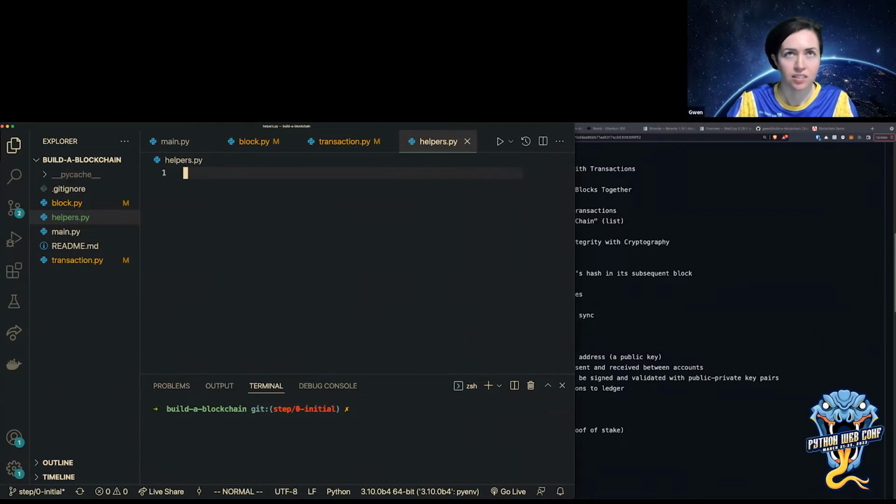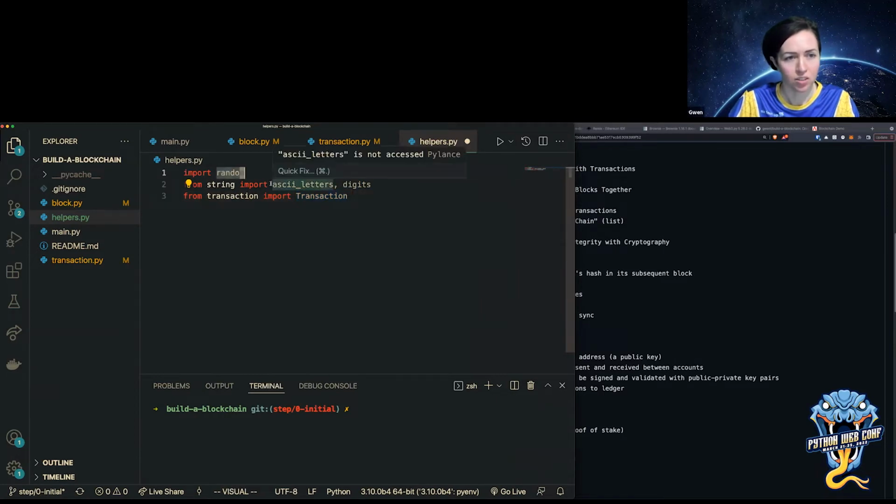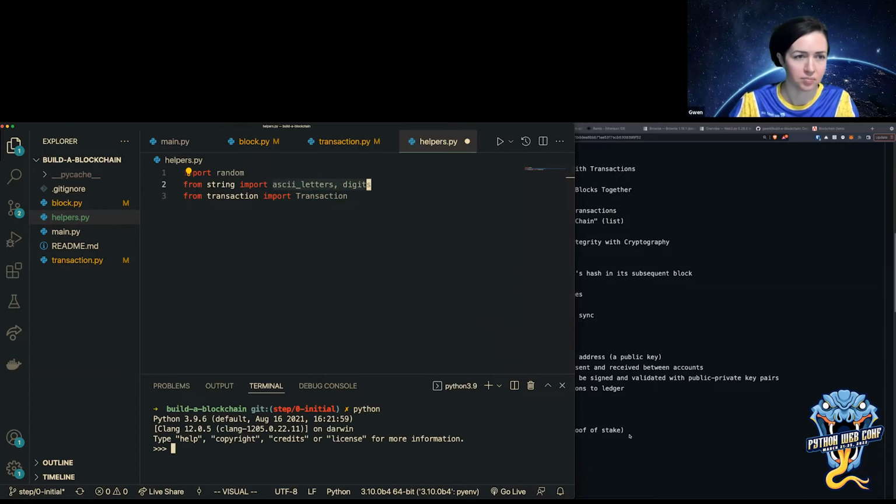And I need a couple imports. So I'm going to take these. So I need to be able to generate random numbers. And then these are just nice things that Python gives me. If you haven't seen those before, then let me just print them out. They're just strings.